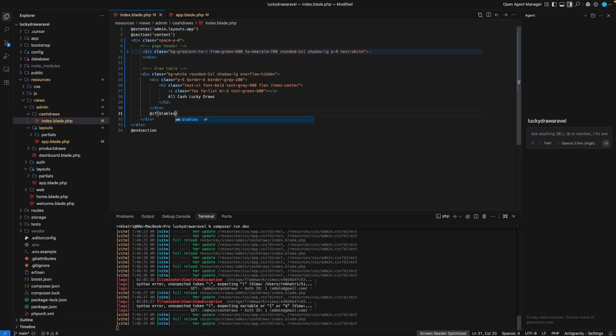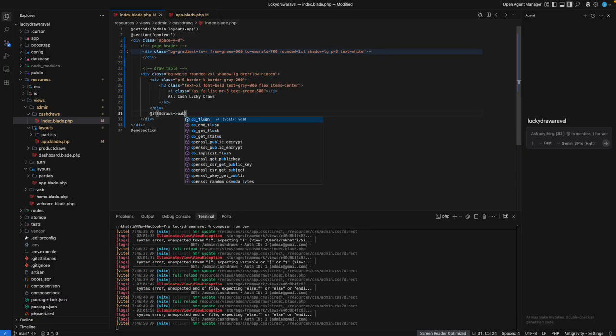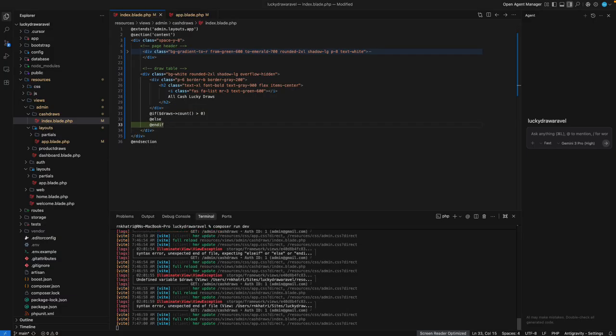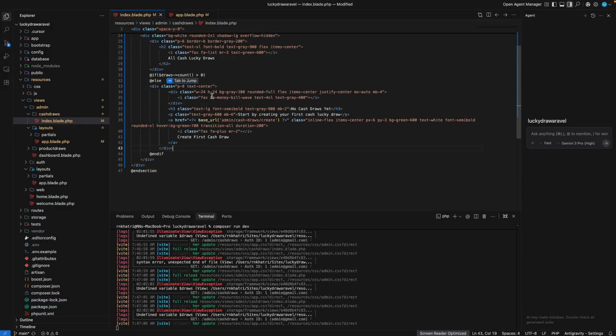Tables, I'm thinking of page initiation, okay, or is draws count, is else, in div. If there are no draws, let's show this one, okay, and if draws exist,